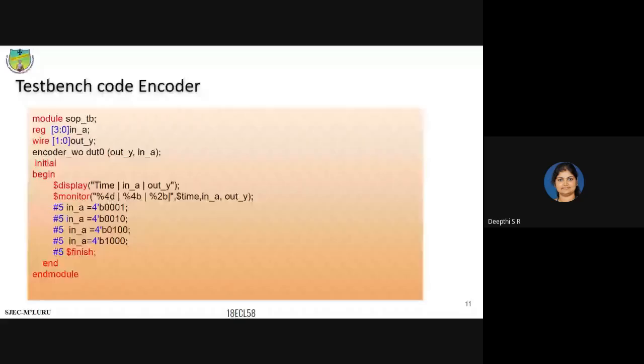All combinations. So this part remains the same. The only change you have to make is in this. What changes you have to make for the with priority test bench code?